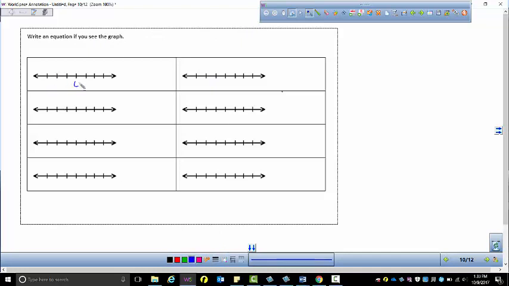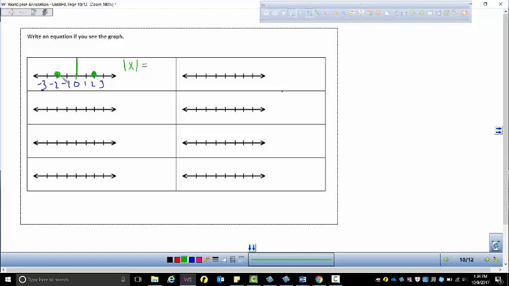I'm just going to put in 0, 1, 2, 3, -1, -2, -3. So I'm going to put a point here at 2 and at -2. To write your equation, the first thing you have to do is find the middle of my two points. The middle is 0. So you would have just the absolute value of x, since the middle is 0, equals,